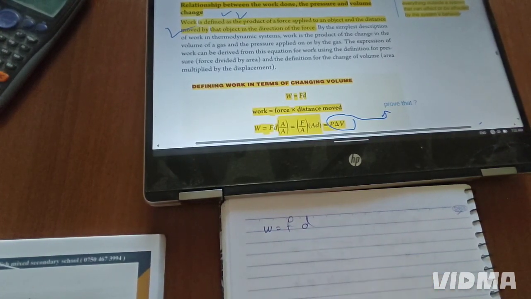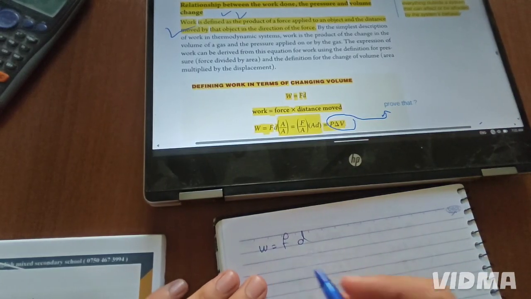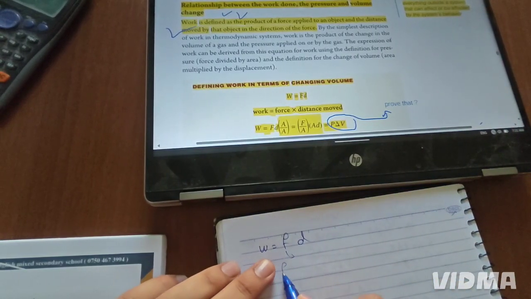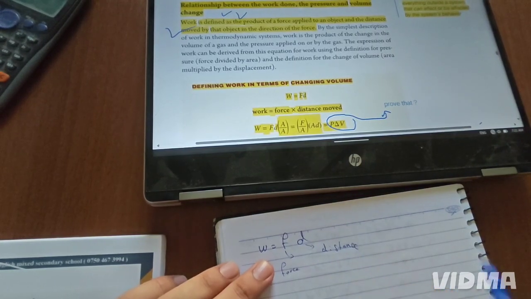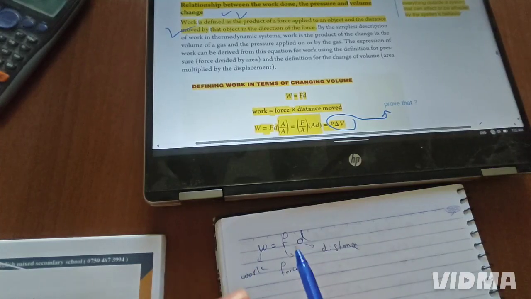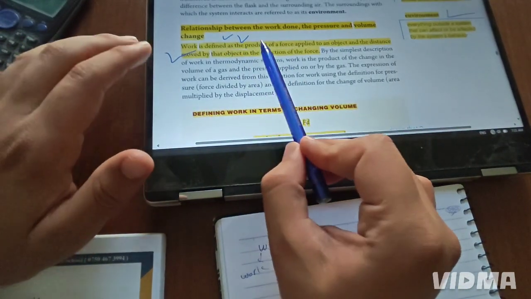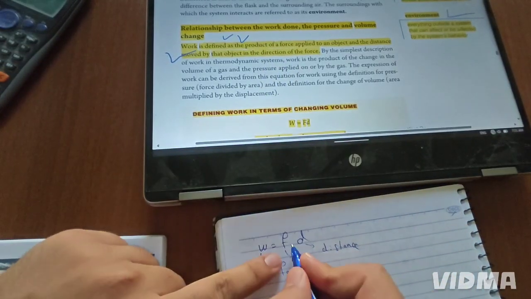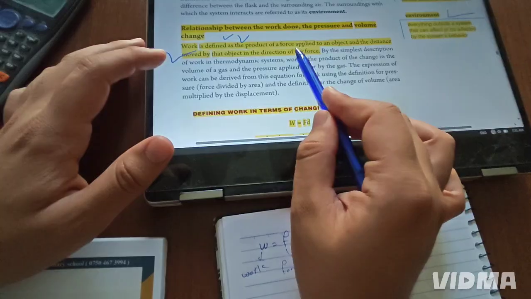Again, in physics, from the rule alone we can get a lot of ideas and information. Here we have force multiplied by D. F is force, D is distance, and W is work. So work is the relationship between force and distance, but how? Defined as the product means multiply both of them. Product of force